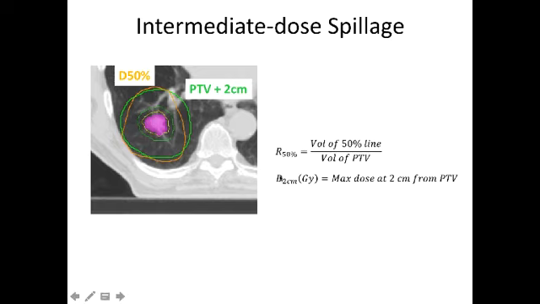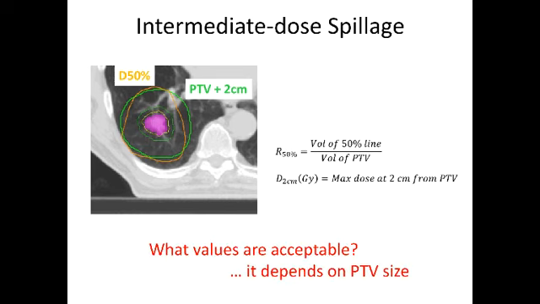You can also define a quantity called D2cm. In gray, that's the maximum dose at 2 cm from the PTV. And these two quantities help you control the spillage of low dose. The limits for these various dose metrics vary with the protocol, but some commonly used limits are conformity index less than 1.2, lung V20% less than 10 gray. Some protocols allow for conformity index up to 1.5, lung V20 up to 15 gray before it's considered a